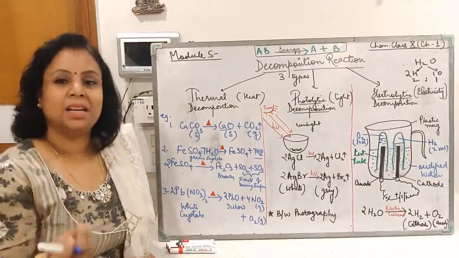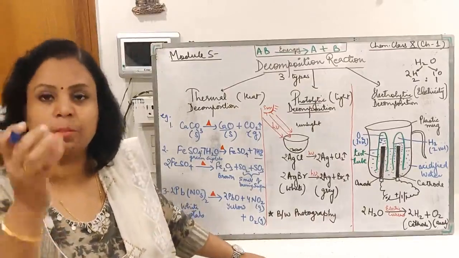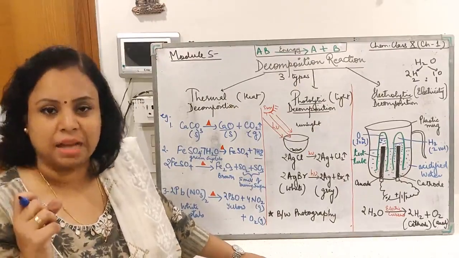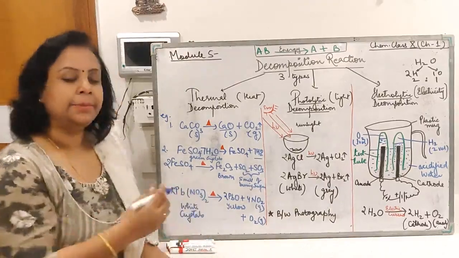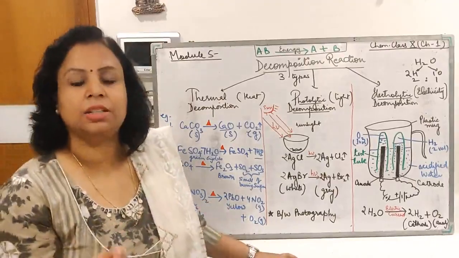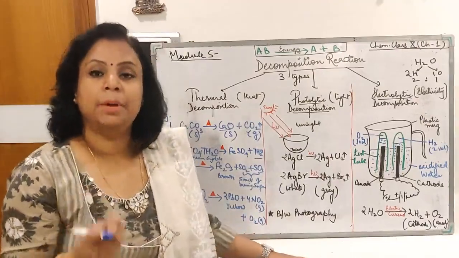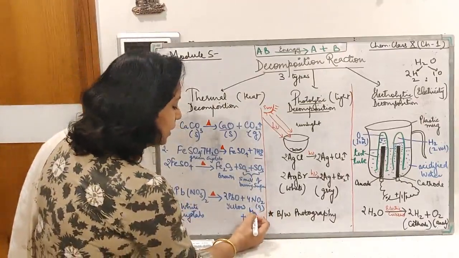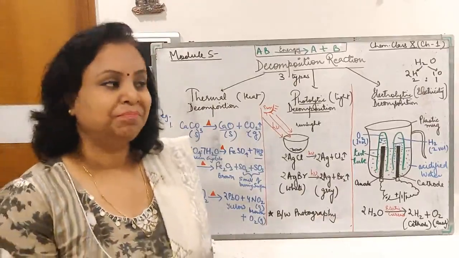When white colored crystals of lead nitrate are heated in a boiling tube, we will first observe some crackling sound. Crackling sound is observed and it breaks down into yellow colored salt of lead monoxide, PbO, and a brown gas is released, which is nitrogen dioxide. Nitrogen dioxide is also known as brown gas.